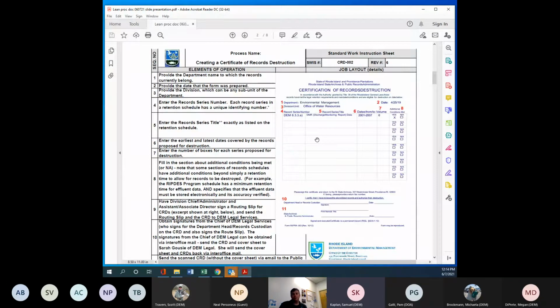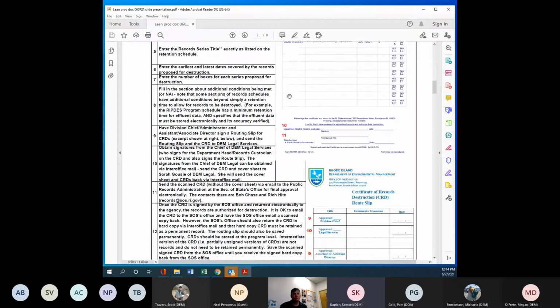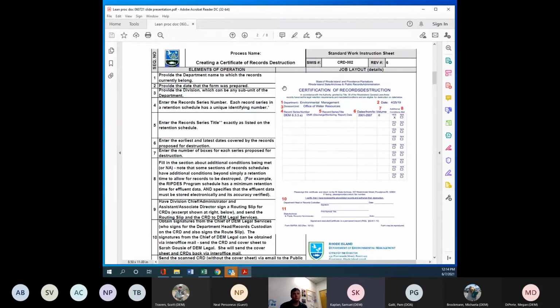As I mentioned, it's also a memory aid. If you have a system in place that's documented, you don't have to rely on somebody's memory or how things used to be done. Also, it enables you to get the process right the first time. When you have a SWIS, when you have standard work, when you have something documented, if the steps are followed correctly and the steps are correct, you have the confidence that you have taken the steps necessary to do